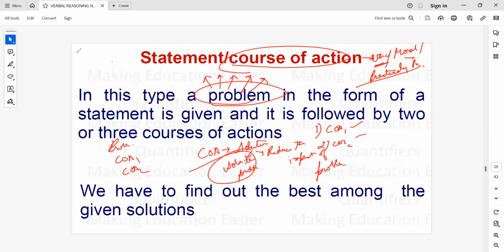There was one question in one of the previous year exams that there were a lot of episodes of dacoity and looting in passenger trains, and one option said that you should deploy one policeman in each compartment. Is it practically possible to deploy one policeman in each compartment of all the passenger trains? The second option said that people before boarding should be tested in the skills of judo and karate, something like this. Is it very valid?